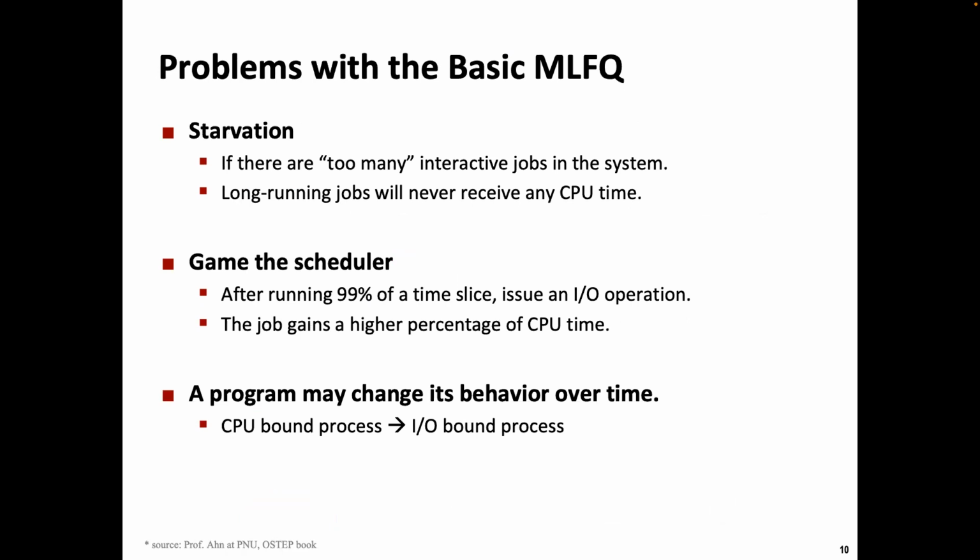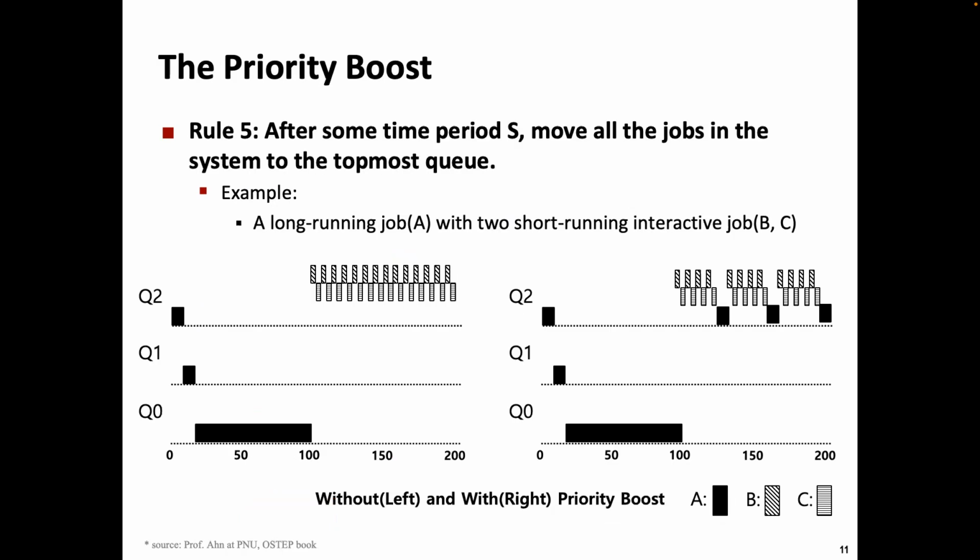So first, the solution is the priority boost for the starvation problem. Priority boost: after some time period S, a certain time length, move all jobs in the system to